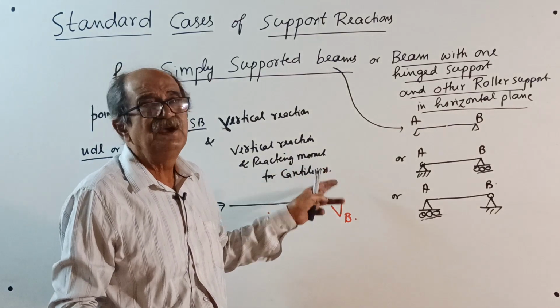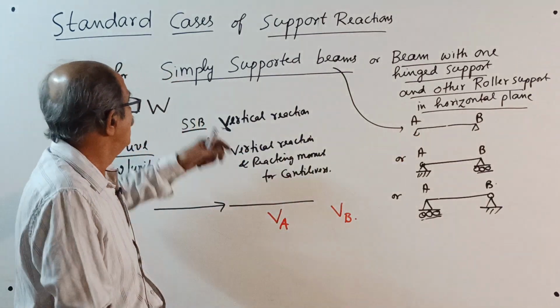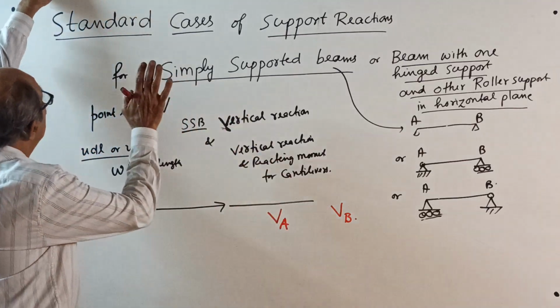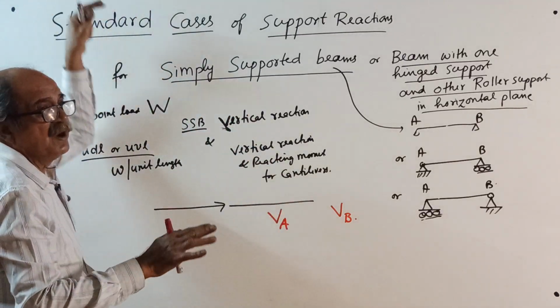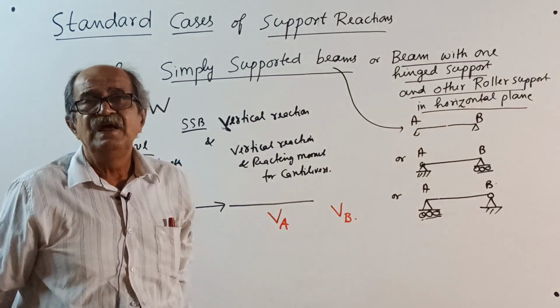If it is left side fixed, VA and MA. If it is right side fixed, VB and MB. That way, all I will give now. Therefore, now I will start one by one, correctly go through, make a full fair copy, and at least now